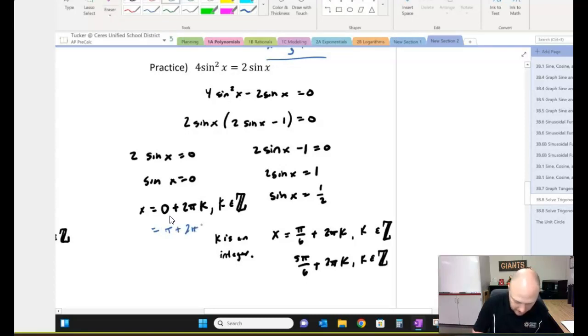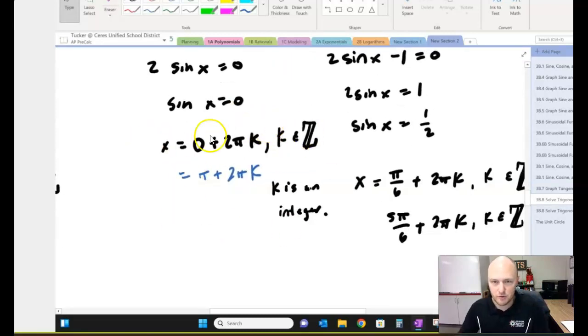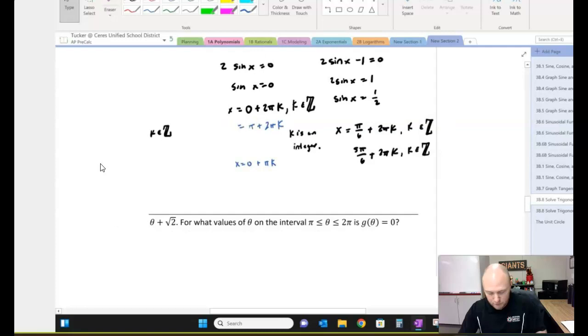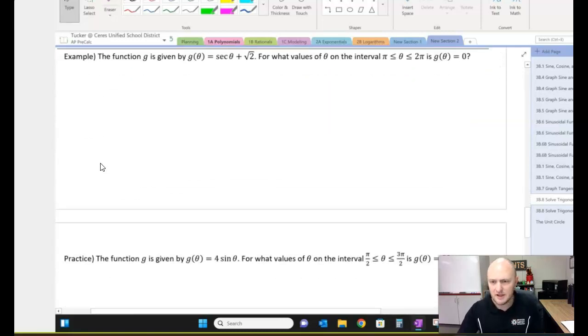plus 2 pi k. And if you were smarter than me, you could rewrite both of these. Both of these could be encompassed by the answer x equals 0 plus pi k, where k is an integer, because that would cover both of these situations. Okay? All right, so without further ado, we're going to jump into the last couple of examples